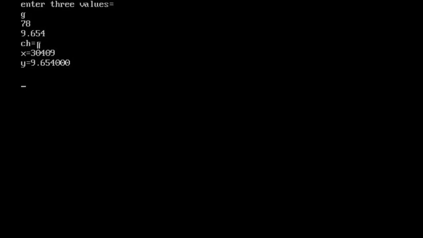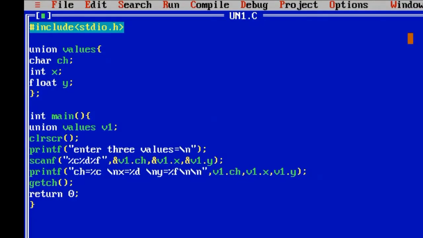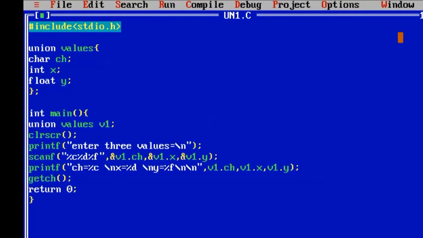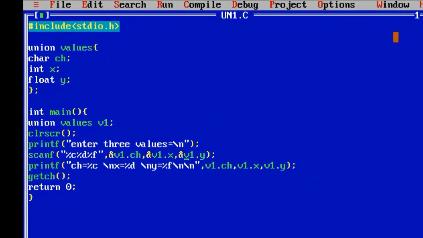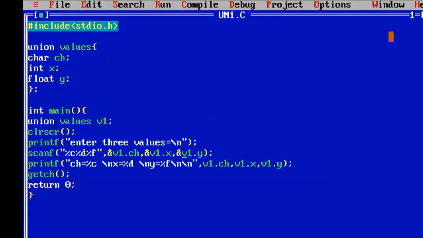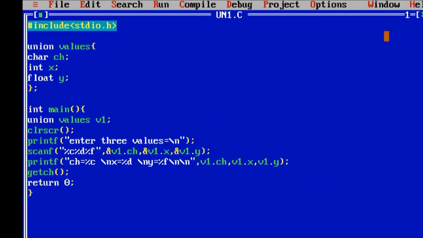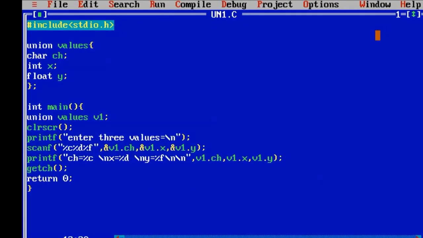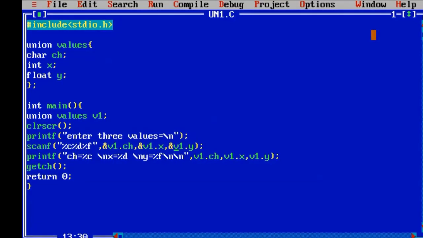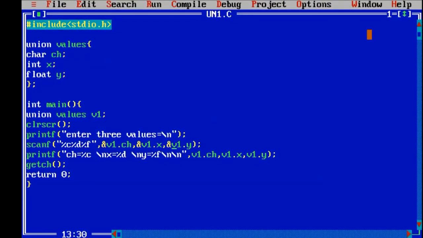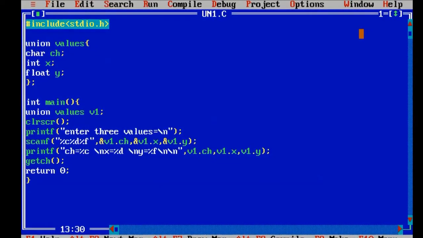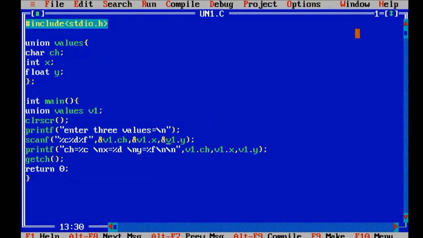Okay, so all the previous values are overwritten by the union, because it stores only the most recent value. Why did that happen? Because it doesn't allocate space for all the members, it allocates space for only the largest data type member, and that stores only the recent value. If you enter a ch value, it will retain only the ch value by overwriting the float value. Okay friends, remember that whatever recent value you store into the union will be available in the union. So that is the concept of a union, friends.